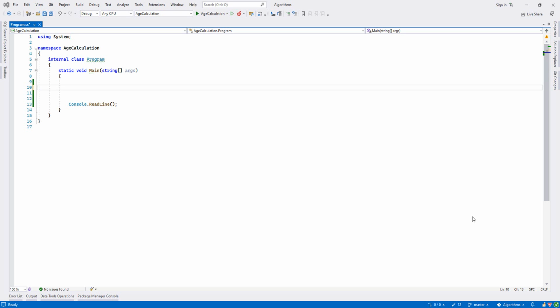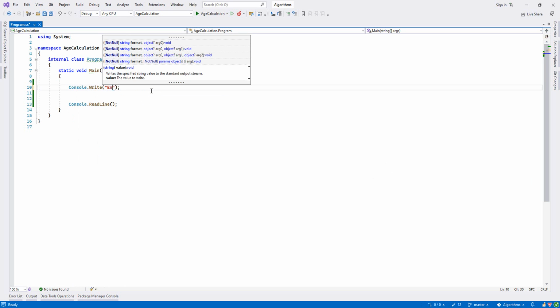In this algorithm tutorial, we are going to create an algorithm. We will calculate our age when we input our date of birth. So let's go and first write Console.Write, and then we'll say enter the date of birth,